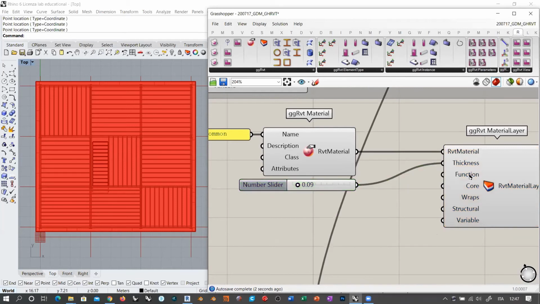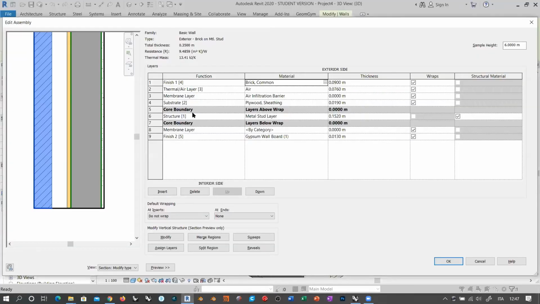Everything's already set. Function we already set to finish. Is it core? Let's take a toggle. No, this is going to be outside from the core. Is it structural? No. Or maybe it depends. No, it's metal inside, I imagine. So 15 metal stud layer. So it's metal structure inside, metal framing eventually, and then you have this kind of finishes. Well, let's try to